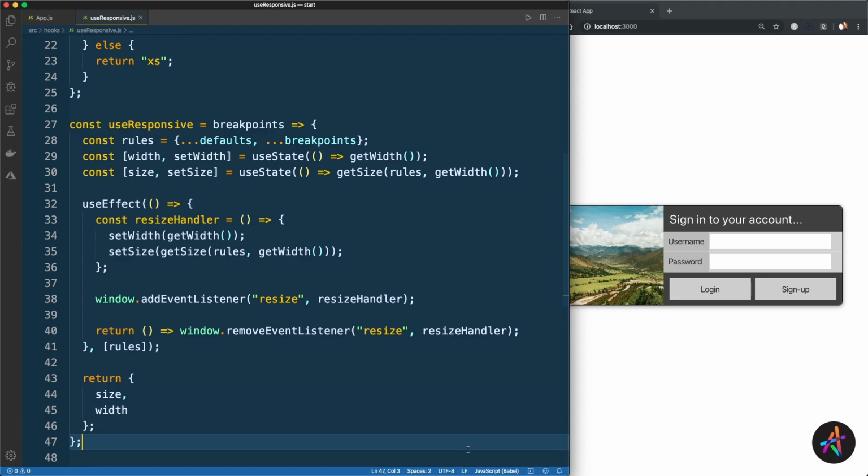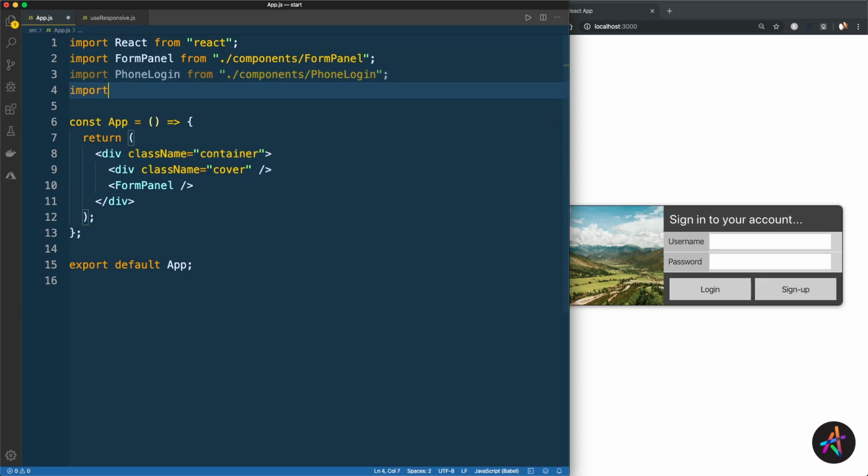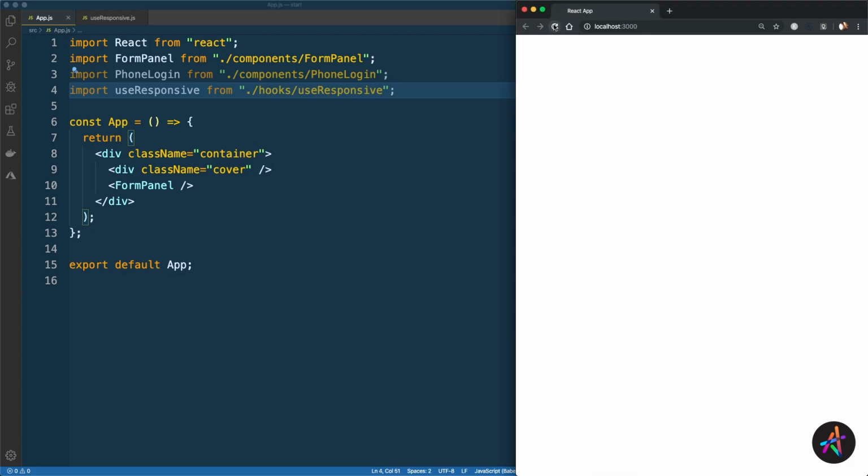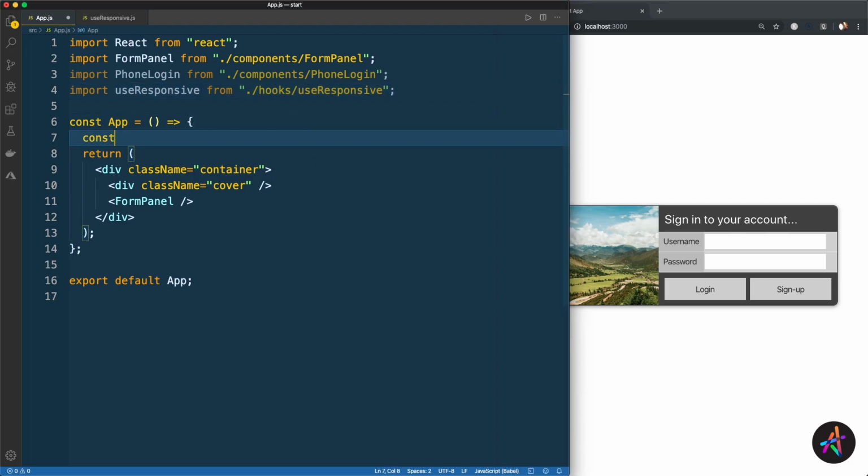Let's see how this can be used. Back in our app.js file, I'll bring in my newly created hook first. We'll then access the value of size by invoking this hook at the top level of our app component like so. Simple, right? This is all you need to interactively get the size of the browser window. If you need the values in pixels, you can also access the width property since we have exposed that too from our hook. For our container div, I'll use the array.includes method on the size value from the hook, and